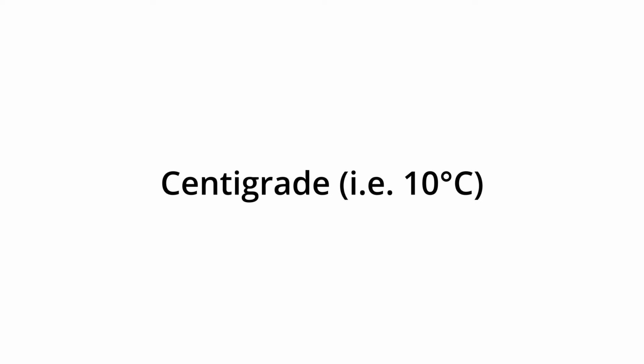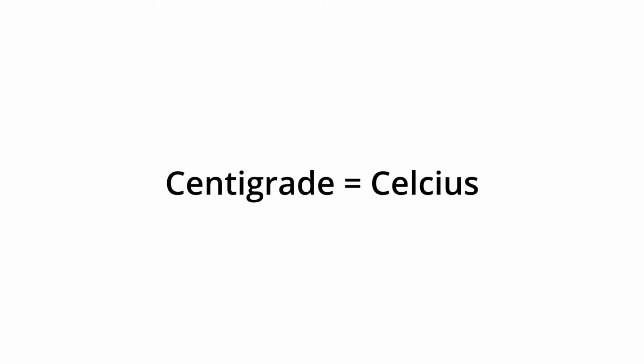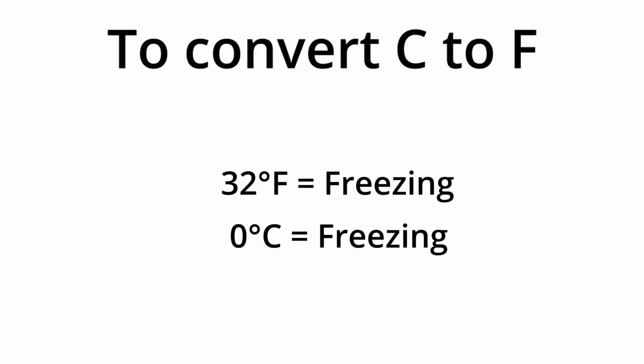Typically, in aviation, temperature is reported in centigrade. It should be noted that Celsius and centigrade are synonyms. They mean the same thing. To convert to Fahrenheit, take the centigrade value and multiply it by 1.8 and add 32. Pretty simple. The value of 32 should be easy to remember since 32 degrees Fahrenheit is freezing and 0 degrees